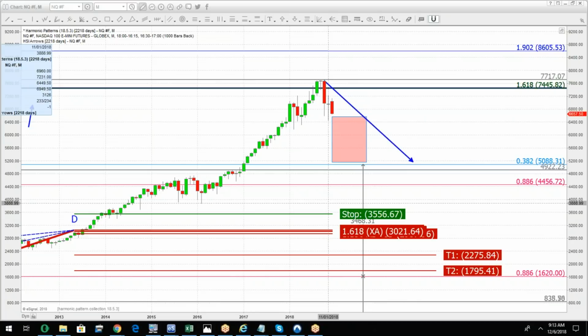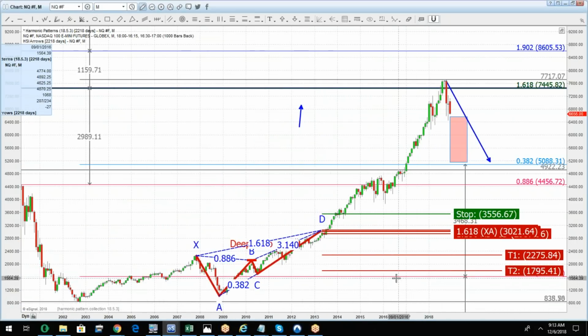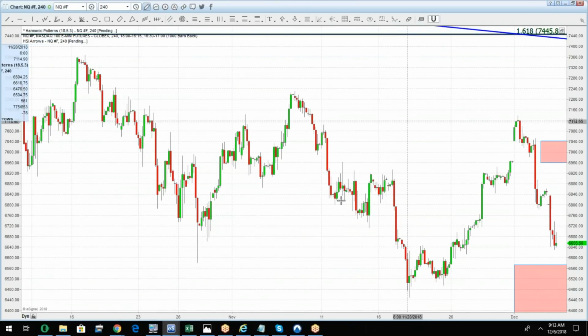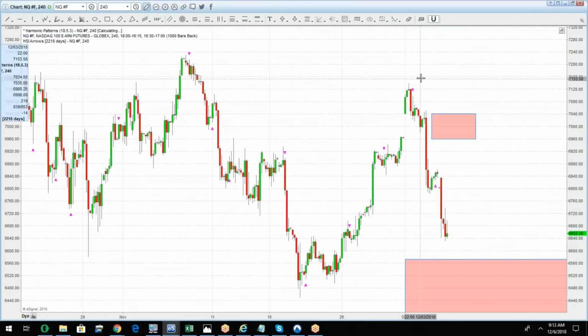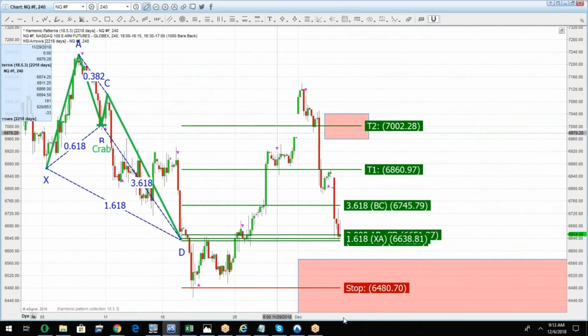Look, there's a million fundamental reasons why we can say this market's turning. But if we don't have the measurements and we don't have the harmonics behind us, okay, we can follow those stories, but we need price objectives in any market environment, and that's what I'm trying to focus on the most. We've talked about this 4 hour crab pattern, not only the way up, but the way down. And on Monday, Tuesday was really where we focused on the way down. This crab pattern fails here,